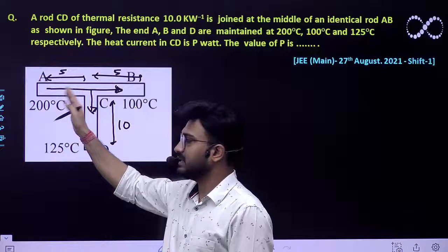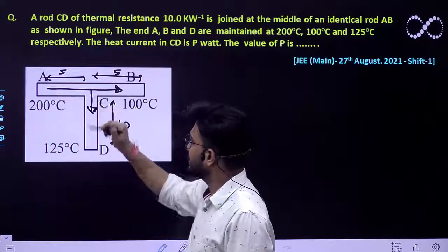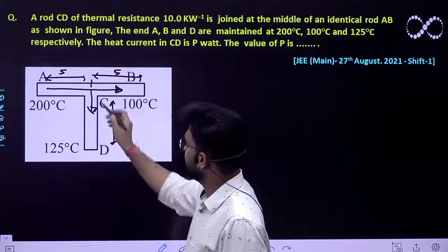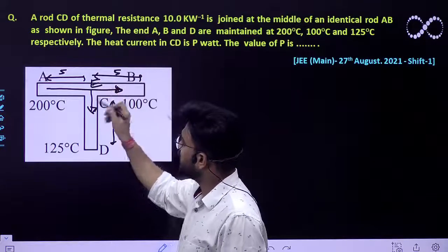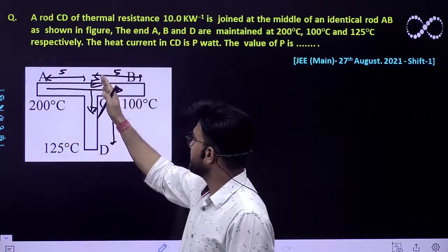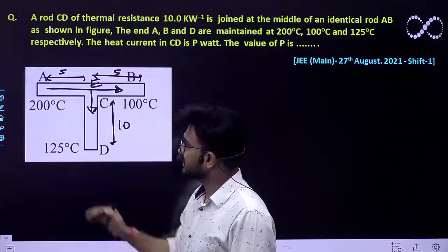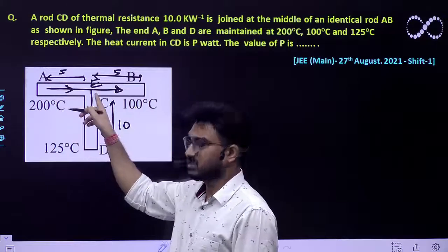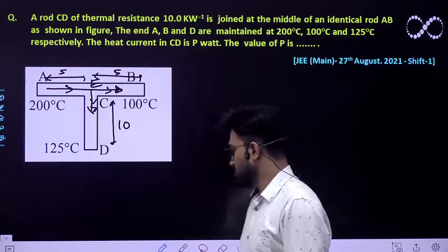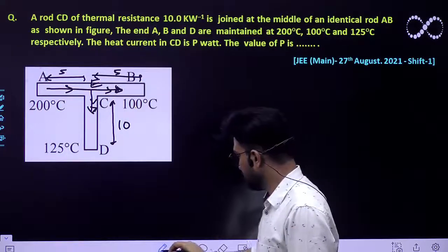So the thermal current in the portion A to, let this terminal be E. D is already given to you, so let this terminal be E. So the thermal heat coming from side AE would be distributed into the EC as well as ED side. So the thermal current coming from this end would go over there and in the downward direction towards CD. So what is the thermal current supplied by this end AE?